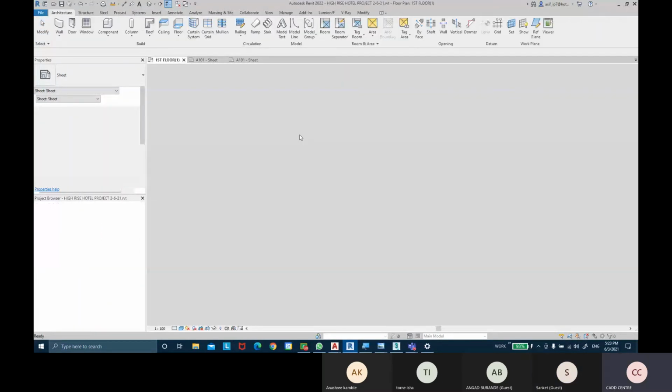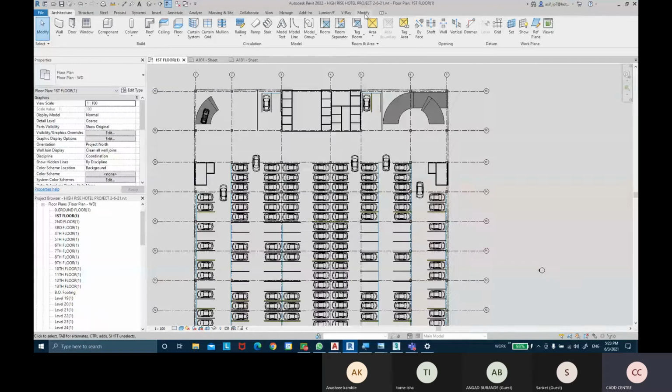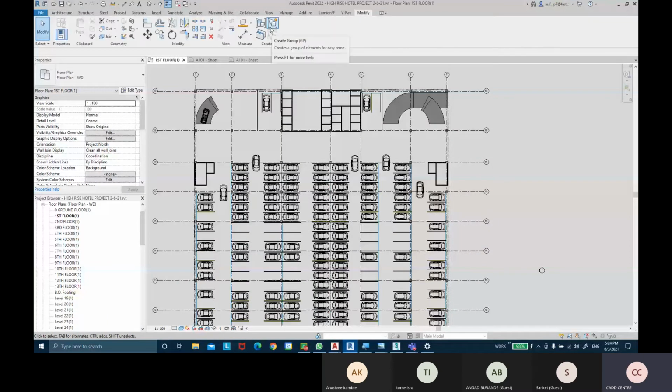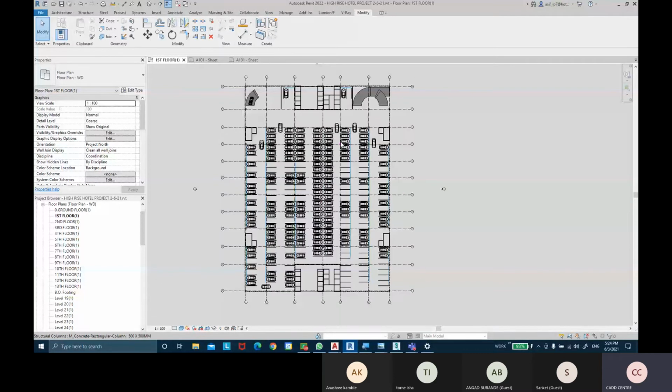Moving ahead, we're going to do modify, and we're going to do create group. For create group, I've purposely selected this project because let's say we have a typical floor. You can see I have floor number one over here, the first floor, and the second floor, third floor, fourth floor, and the fifth floor will all be replicas of the first floor only.